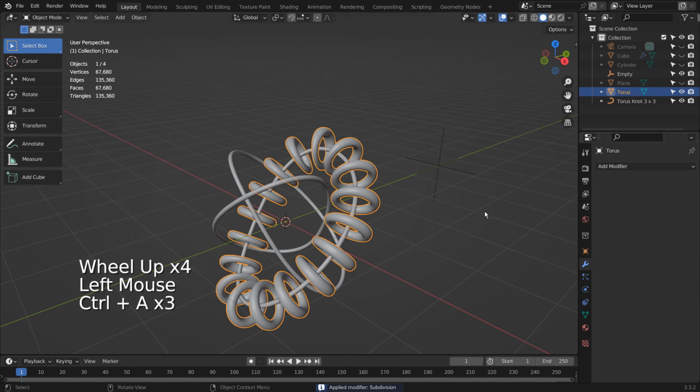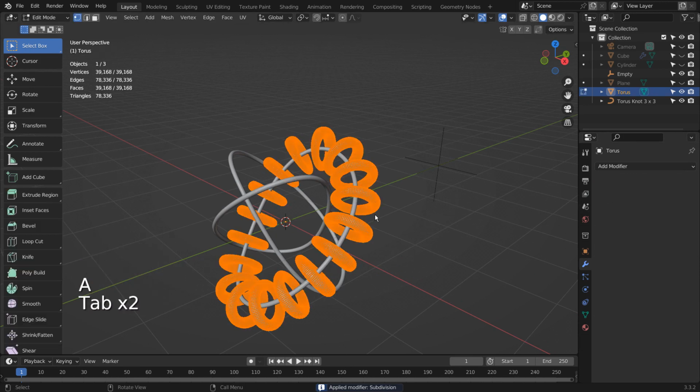We could separate the objects now, but if we were to separate them, then we'll have to apply the geometry nodes to all of them separately.